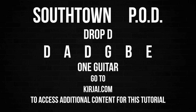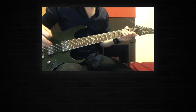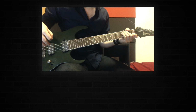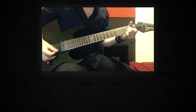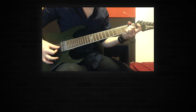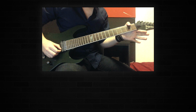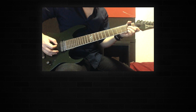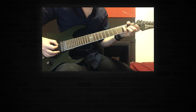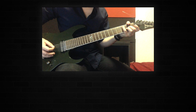Now let's go straight into the tutorial. First, the clean intro. It involves only two different formations. The first one is like an Am chord or an A chord, but the only difference is that the second string, the B string, is not played, meaning that the chord that we need from top to bottom goes 0, 0, 2, 2,